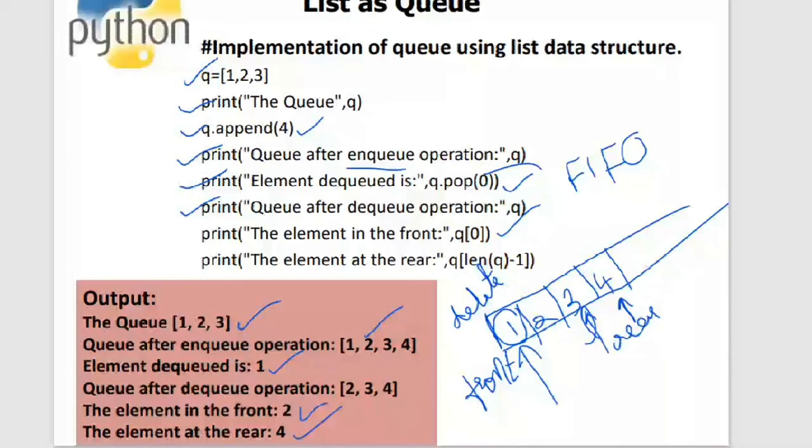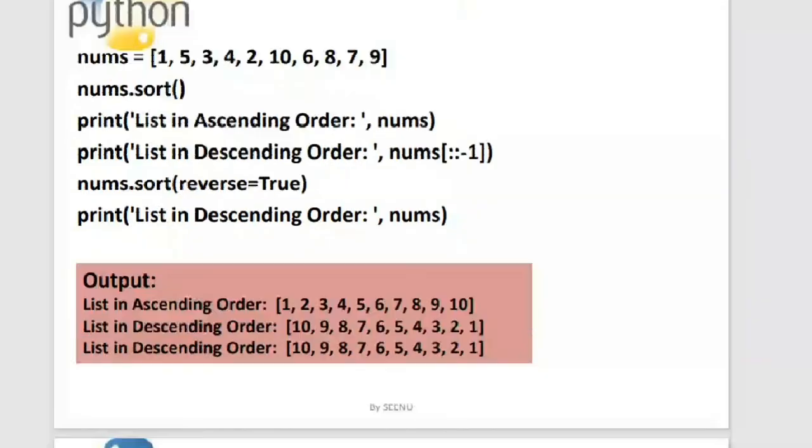Okay, so this is regarding sort. Here I have taken certain numbers which are in random order. Because I'm applying sort, I have taken the numbers in some random order. So here we are applying the sort operation, nums.sort(). And after that, I'm printing the elements. So this is the outcome of the print statement wherein the numbers are sorted in ascending order.